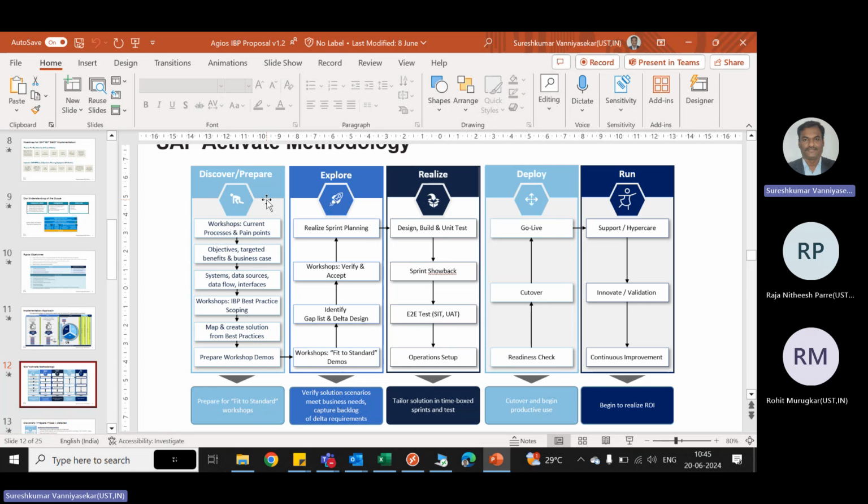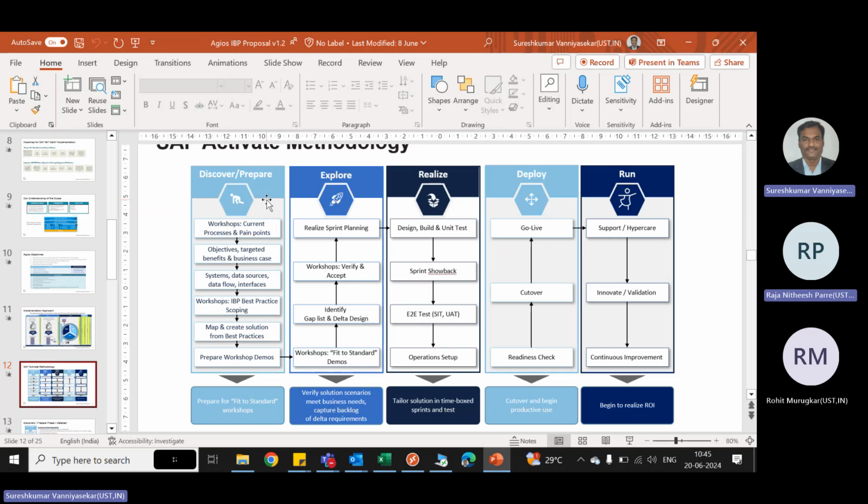Because the planner is not aware of the tool, the features of the tool or the technology. Sometimes they might be using Excel for some calculations. So they would tell us these are all the manual things we are doing. Then, after collecting all the information within the IBP implementation, we have to prepare a business